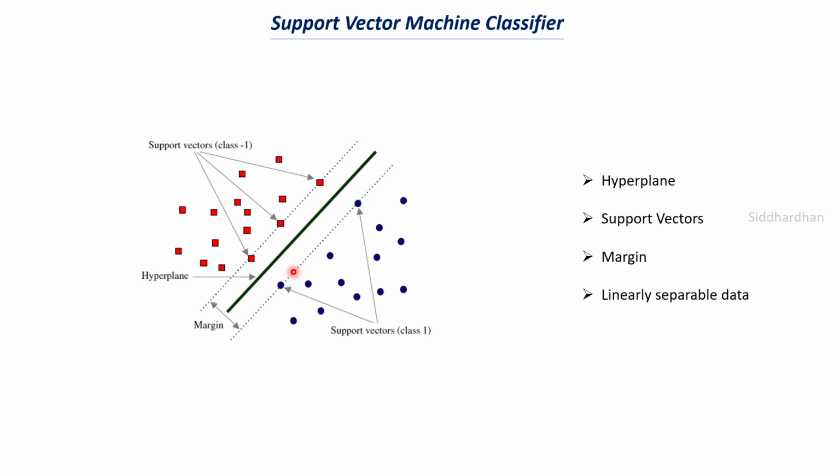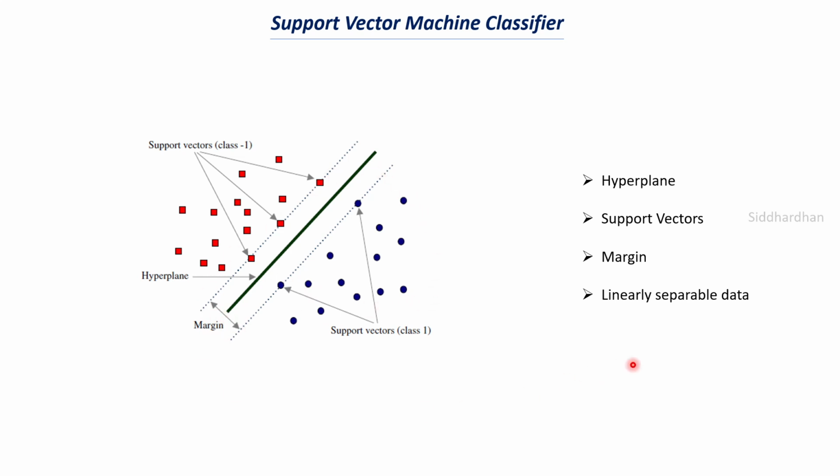These are nothing but the data points which lie closer to the hyperplane, and this distance is called the margin. If you draw a dotted line along these support vectors and measure this distance, this is called the margin, and this margin should be as long as possible. So this margin distance should be greater, and we have discussed why it should be greater in the previous video, in our math video. If you haven't watched those videos, you should watch them. So we have a hyperplane, then we have support vectors, and the distance is called the margin.